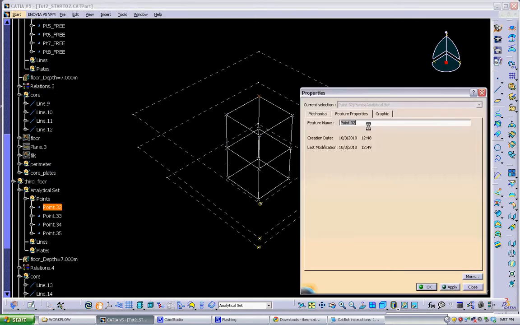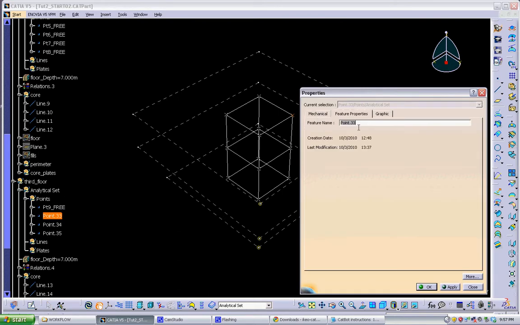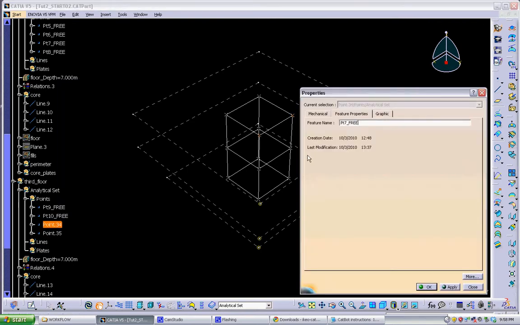And again, I'll maintain the sequential order as I go down the model. So the next one will be 0.9. 0.10. And so on until the last one,